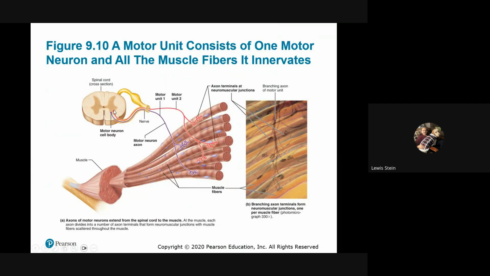Here's a motor nerve coming from the spinal cord. You might remember this is a ventral or anterior horn. Ventral is the appropriate terminology. We use dorsal and ventral. The horns are the gray matter. Voila, through that portion in the nerve, and it supplies those different areas. So you have different motor units, one here, one there, etc.